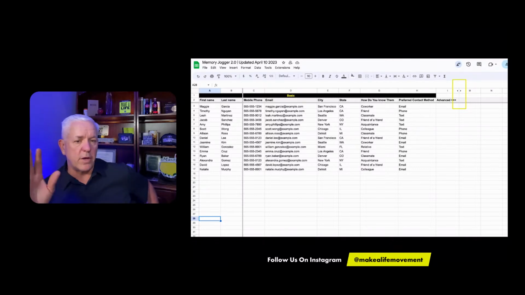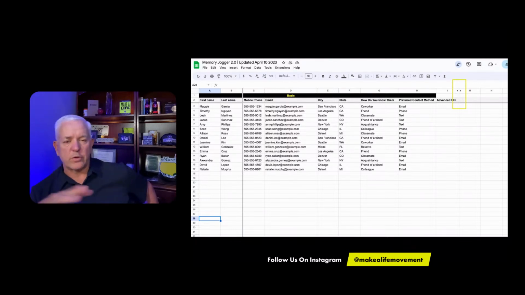The name, obviously, you've got names on the left, and then the most critical data is the columns. Follow the columns, because whatever tool you use, you need these columns for each name. Phone number, so it's easy to call them. Email, so it's easy to reach out to them. It's good to know the city and state so you can sort your list by where they're from when you've got events and meetings coming up. How you know them, this is pretty important. Neighbor, family, what's your connection to them?